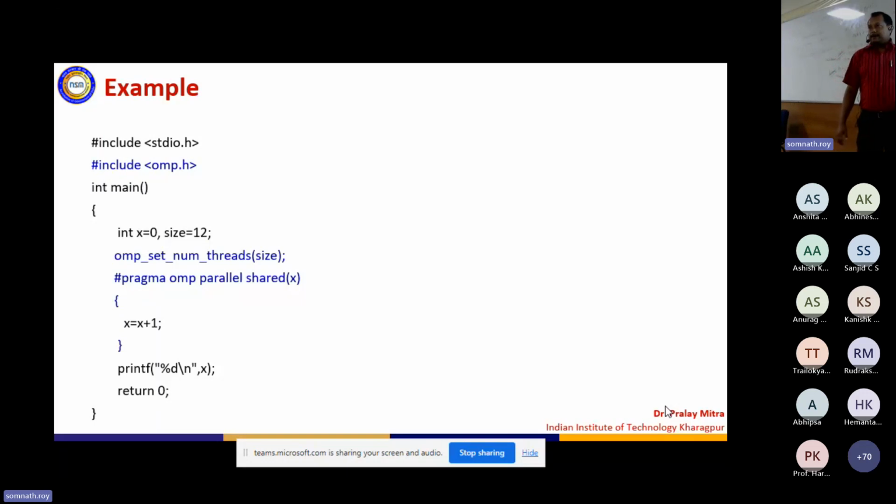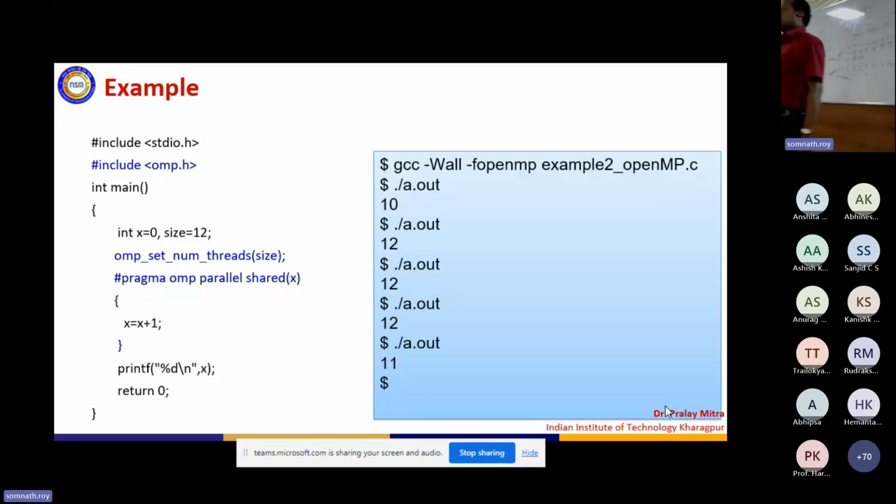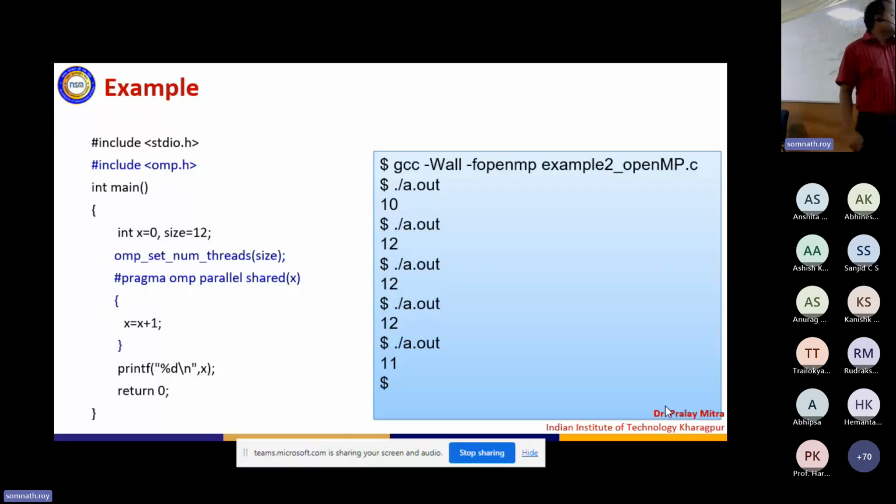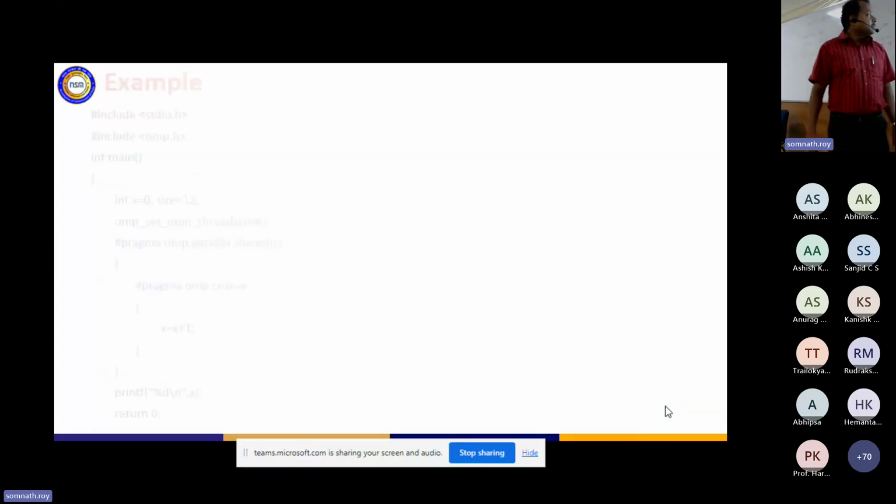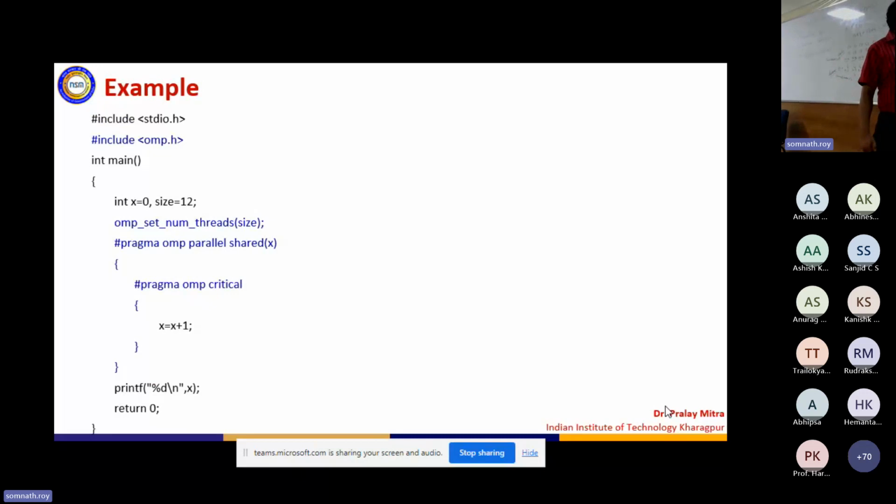After that, if I print, then in my system, if I go for consecutive runs, sometimes I see 12, sometimes I see 10, sometimes I see 11. Now, one run can give you 12. Maybe 100 runs can give you 12, but there is a possibility it may not be 12 because of that diagram, because of that situation. Okay. So that is one inconsistency. Now, if I modify this part as omp critical, then at a time only one processor has access to that one. That is the same as writing serial code